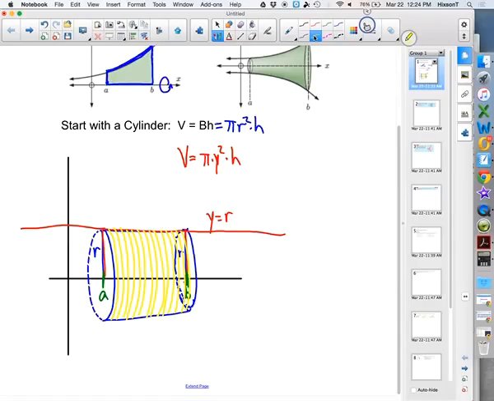Okay, the number of discs is going to approach infinity, which means the height of each of these discs is going to approach zero. Yeah, zero. Okay. So really, we're taking the limit as the height of each of these approaches zero, which occurs as the number of discs